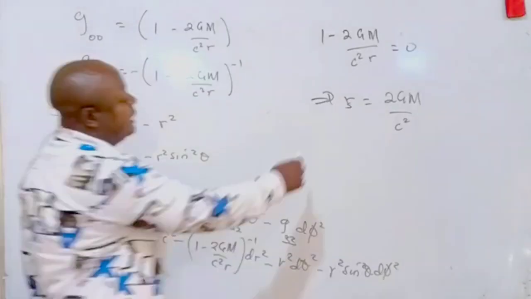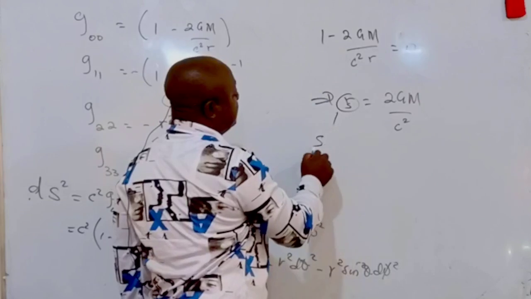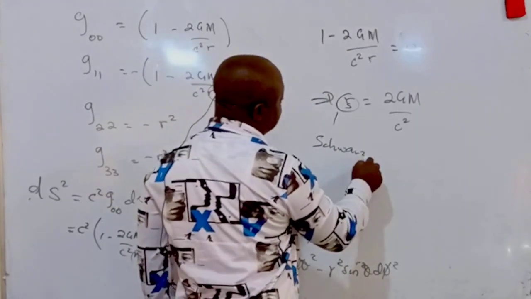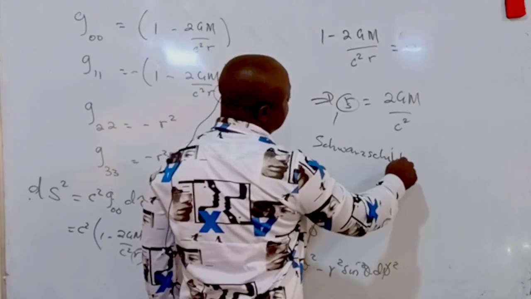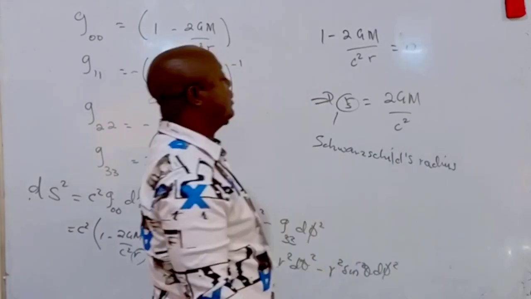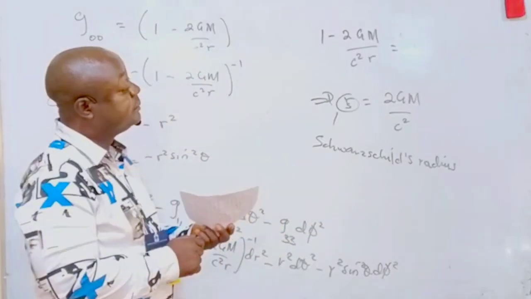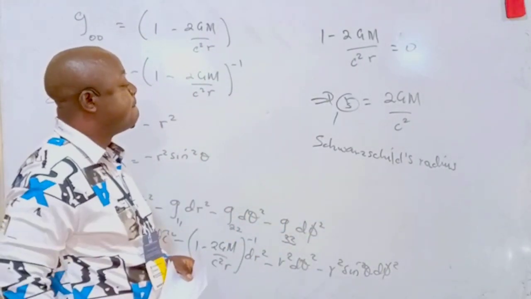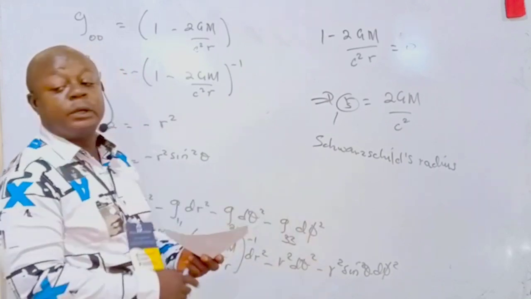We call this the Schwarzschild radius. And if you want to calculate this for the Earth,